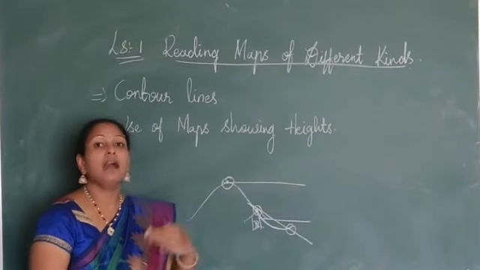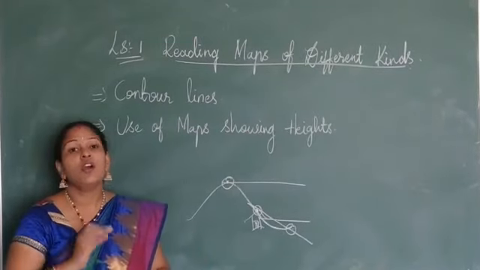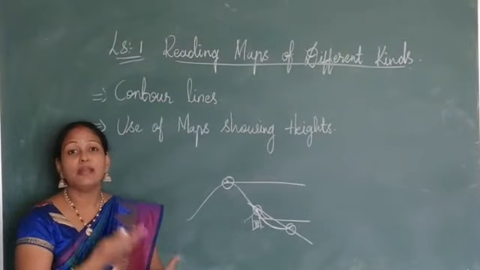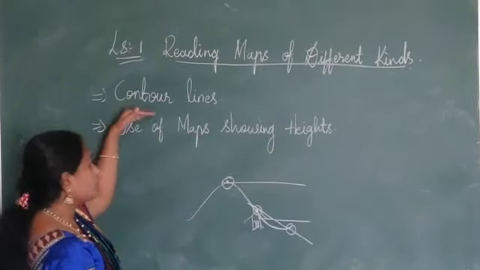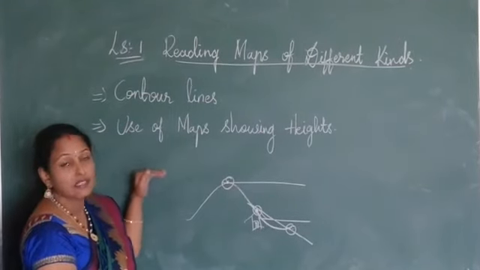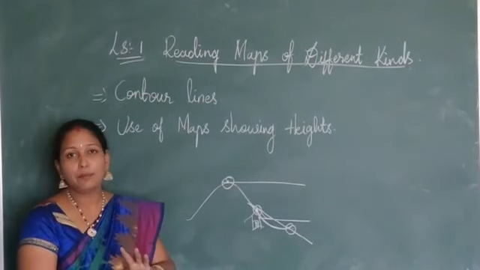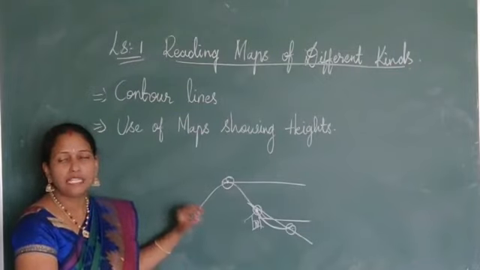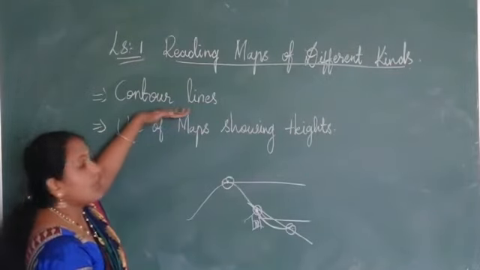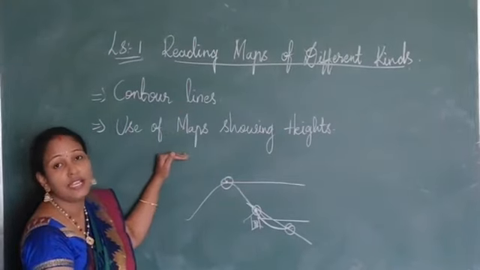Got it? I hope you got all the learning objectives like symbols, physical map, directions. Got it, children? Measuring heights on a map, contour lines, use of maps showing heights. So just open workbook page number 3, 4, 5, work out on that, and you'll get a complete idea about all this, and have a look at the definitions of contour lines also.